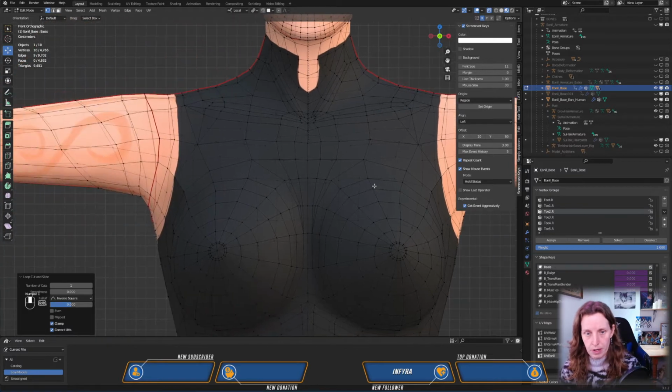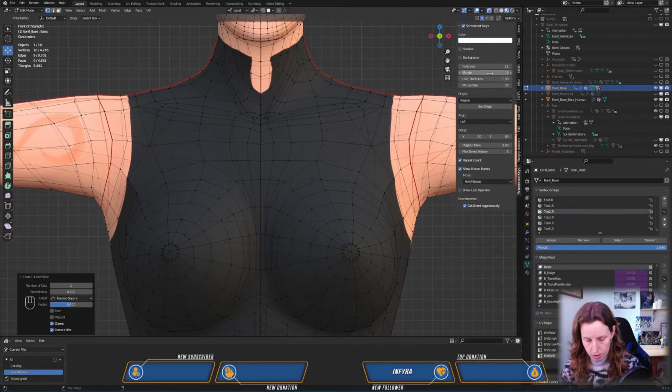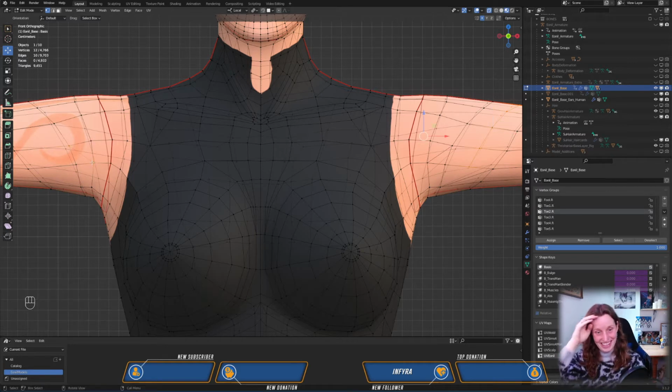We'll try to replicate this on the other side. Just going to hide this panel, pressing N. It's this one, but then like this way, and this one,